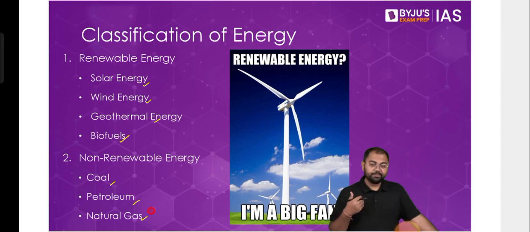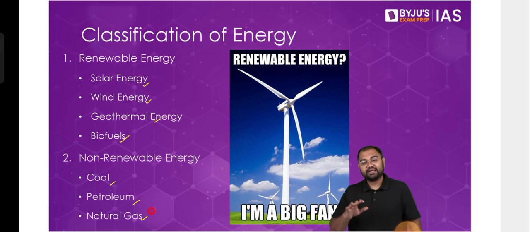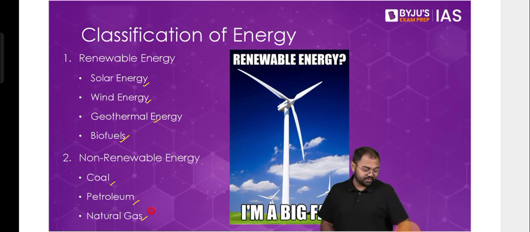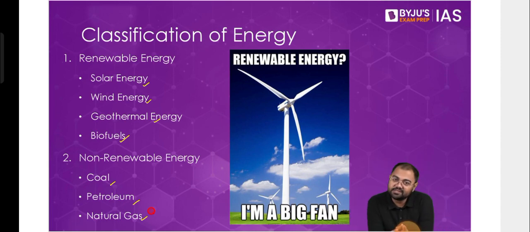Another way to say the same thing is that these are sources which will last for as long as the earth exists. For example, consider solar energy. Solar energy is not a source that is going to exhaust, and the day it exhausts will be the day every one of us also stops living, because photosynthesis can't happen and the plants can't survive. If plants can't survive, animals can't survive, we can't survive, and that will be the end of the earth. So renewable sources are the sources that will remain with us for as long as the earth exists.